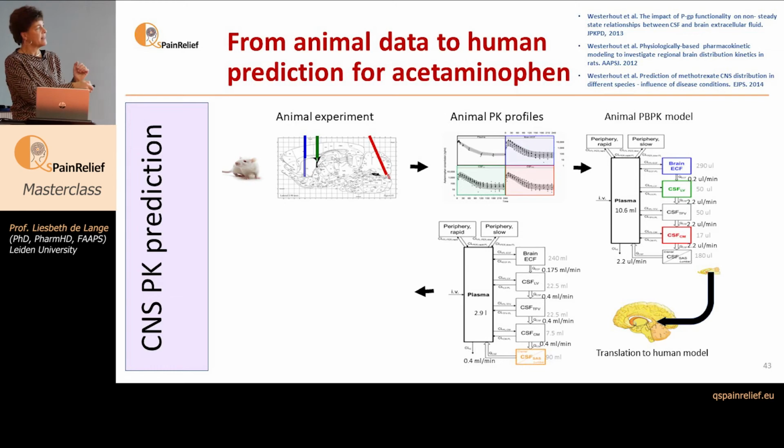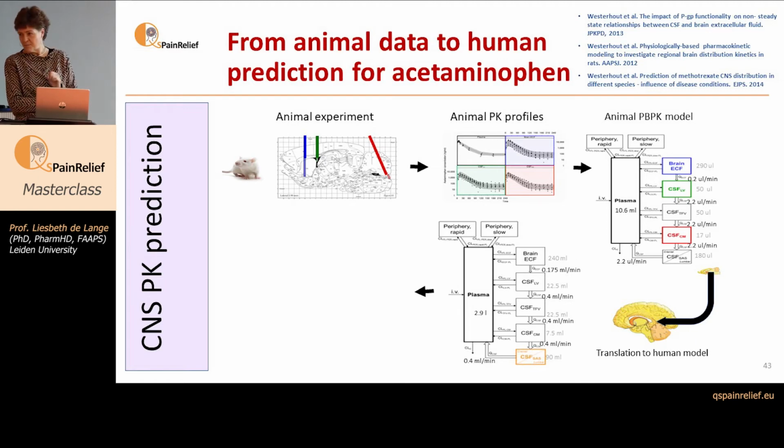And it looks like this. I depicted some typical values of flow and things like that. Brain extracellular fluid is, for instance, 290 microliters on average in animals, and CSF flow is about 2.2 microliters per minute. Well, actually, if we use this model and see if we could model our data, then you can